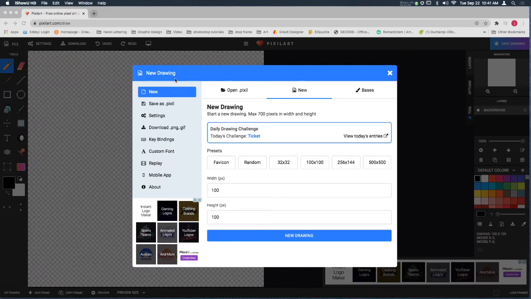All right, today guys, I'm going to show you how to do some real basic stuff here using this website, pixel art. We are going to be making some pixel art. Okay, so this first assignment, we're just going to be making a favicon, which